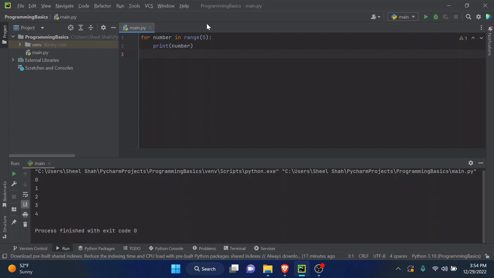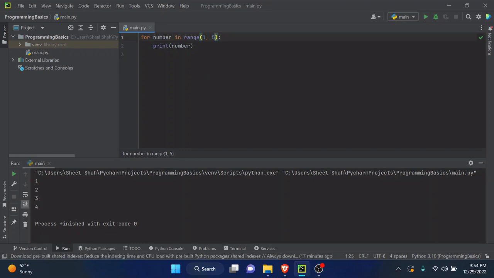Well, that's because we're repeating this 5 times and counting, and it's printing 5 numbers. But remember that computers start counting from 0, so if we wanted to fix that, what we could do is add a 1 here and then a comma. Now what this will do is it will start on 1 and go till 5. However, if we run this, it'll still